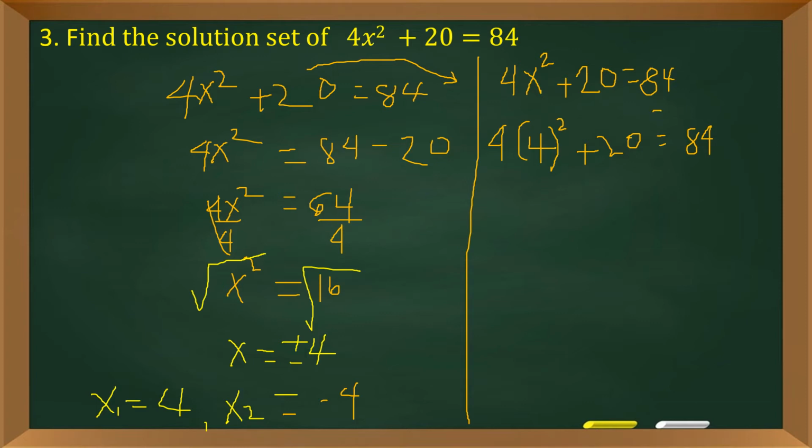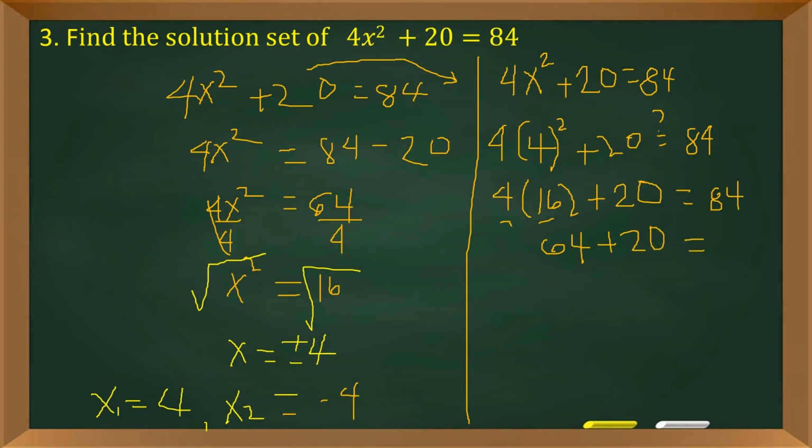Of course, mag-question mark muna tayo because we are not sure yet. So, continue the process. 4 squared is 16 plus 20 is equal to 84. But 4 times 16 is 64 plus 20